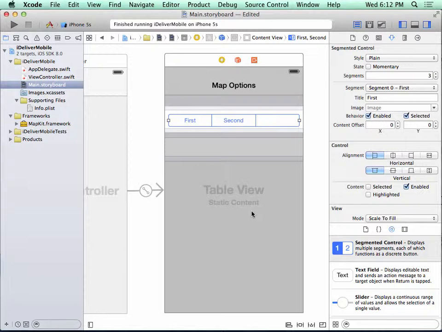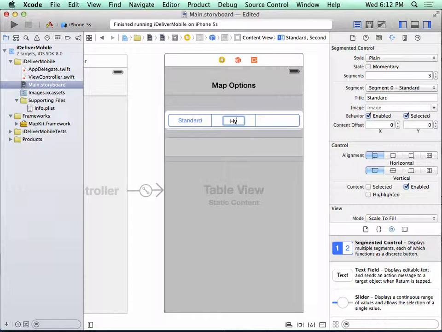So I need to change the title of each button. I want this one to be standard. Double click here. I want this label to be hybrid. If I double click here, now this seems to be a bug at least in the beta of Xcode 6. So it's not letting me change that. So what I can do instead